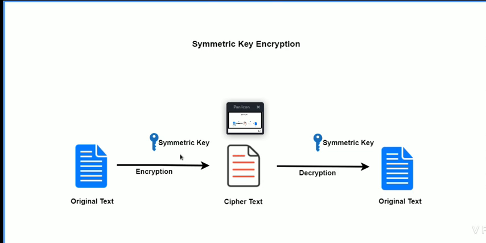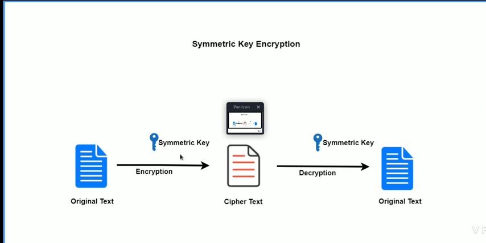In symmetric encryption, if a person uses the public key for encryption, the same public key has to be used at the decryptor side, at the receiver side. I mean, decryption is also done by using the same public key. If a person at the sender side is using the private key, then at the receiver side also he must use the private key only.